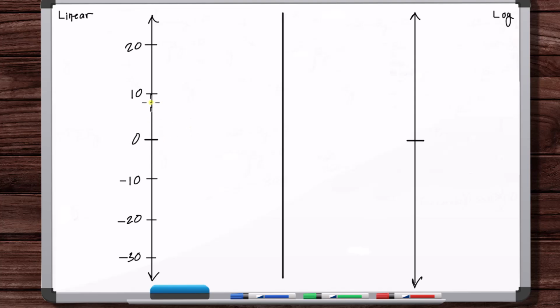But you could also put minor tick marks. Assuming these are equally spaced, the distance between these tick marks represents some fraction of the distance between the major tick marks, that you add or subtract when moving that distance on the scale. So 2, 4, 6, 8, 10. So this distance here,